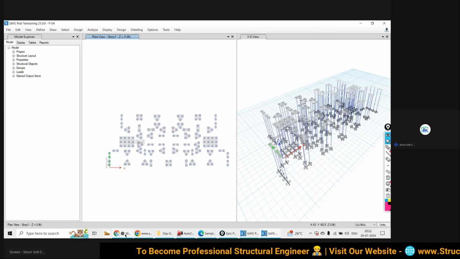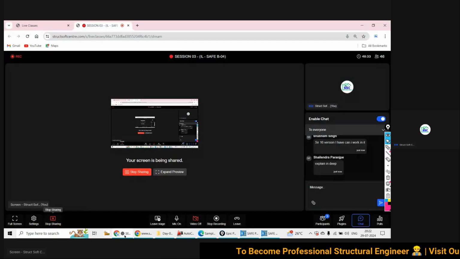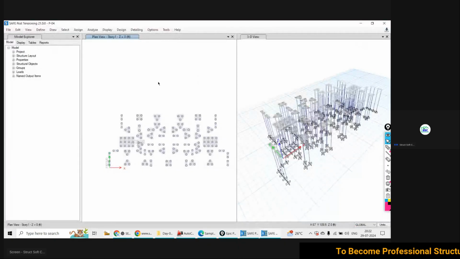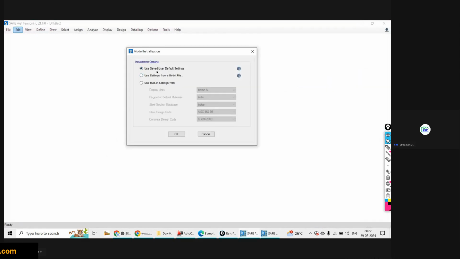Is it visible to all of you? Let's understand what this first option, use saved user default settings, means.